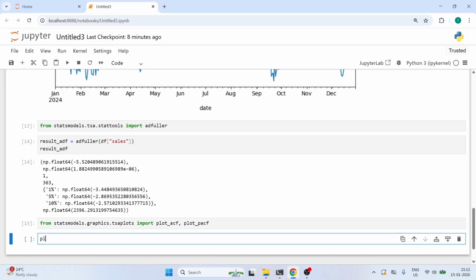Now I will write here plot ACF, and then our sales column. I'm making curly brackets, sales, and then we also have to give lags equal to 30. You can give any number here, it's not mandatory that you have to give 30. I'm giving 30 here because I have this daily data, and I'm thinking a monthly lag of 30 would